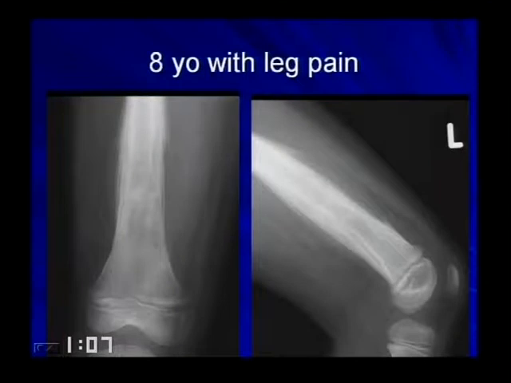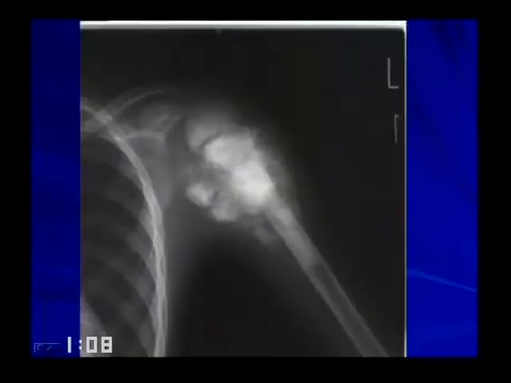Here's another Ewing sarcoma. You have a diaphyseal lesion, it's in here somewhere, but what you're seeing is this onion skin periosteal reaction, multiple layers of periosteum. You're getting sort of a Codman's triangle here. You can see that periosteum very well. And this is a Ewing sarcoma. This is a patient with an osteogenic sarcoma. And what we're getting here is a Codman's triangle, perpendicular periosteal reaction.